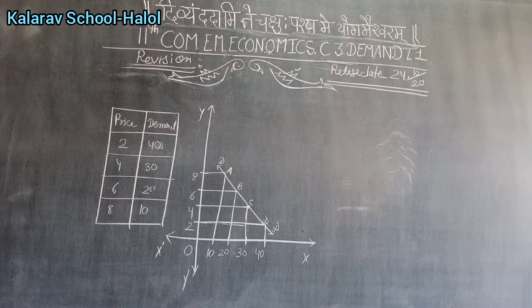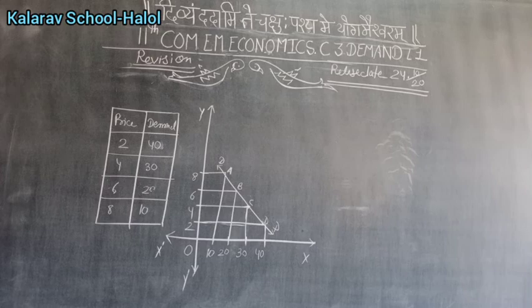So substitute goods are those goods which can be easily used in place of another. One more example we can take, tea instead of coffee. Such goods have similar characteristics. They can be used alternatively in satisfying the want.